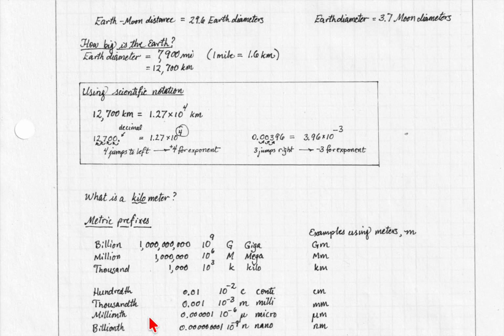A millionth, 1, 2, 3, 4, 5, 6 decimal places over, so 10 to the minus 6th. We use the Greek letter mu, M-U. That's a Greek letter M. And the lowercase mu, the capital mu just looks like a capital M, but the lowercase mu stands for micro,